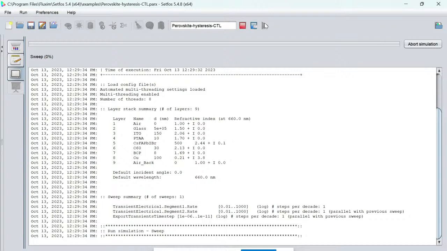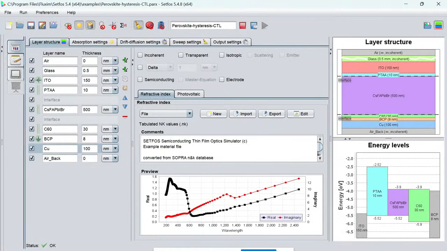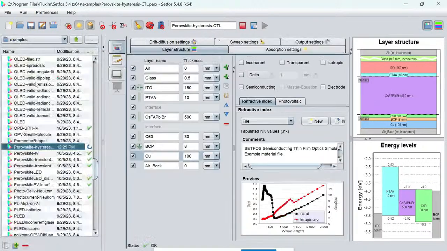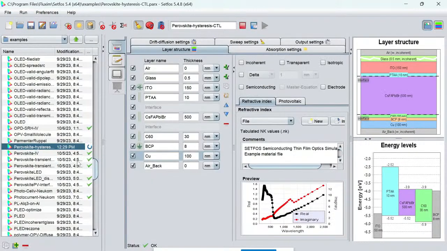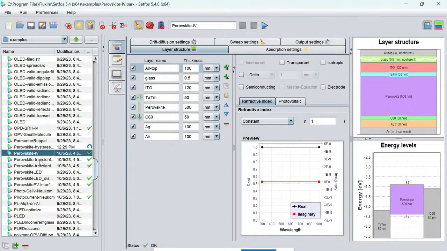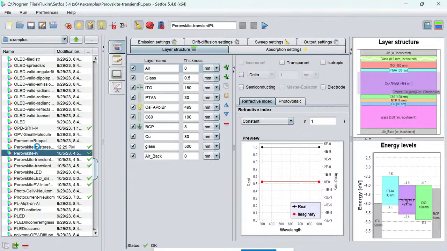So it is simulating. It will take 2 to 4 minutes. In the meantime, while the simulation is going on, I would like to show you another example which is given in the directory. You can see this is another example, perovskite IV, perovskite transient. So this perovskite hysteresis